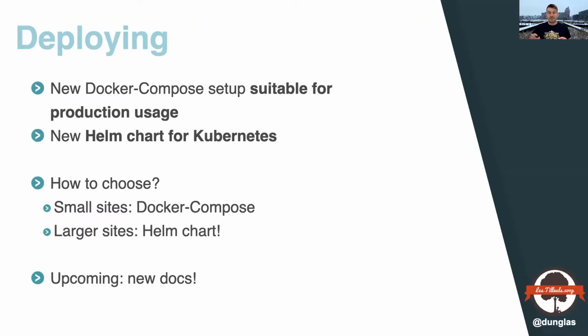Because to use Caddy, we changed the whole distribution. We also changed the Docker definition and the Helm chart for Kubernetes. And I'm working on the documentation of this part, but now you can deploy in production using Docker Compose. Before, in 2.5, it was only possible to use Docker Compose in development. It was hard to use it in production. Now it's very easy. It's a single command to deploy your app in production using Docker Compose. And we also created a new chart for Kubernetes. For small sites, you probably want to use Docker Compose because it's easier to use than Kubernetes. For larger sites, the Kubernetes integration is the way to go.